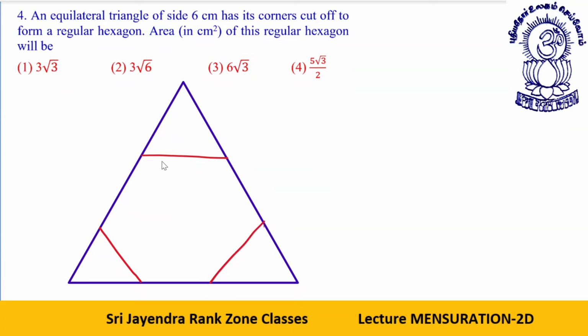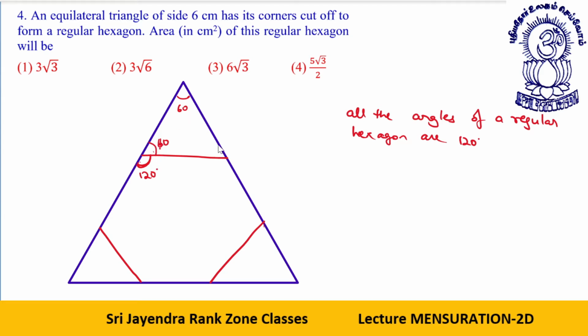Now the point is, if this is a regular hexagon, all the angles of a regular hexagon are, I'm sorry, 120 degree. Now what will happen if I say this is the angle of a regular hexagon, this is 120 degree. I know this angle is already 60 degree. The moment I say this is 120, this becomes 60.